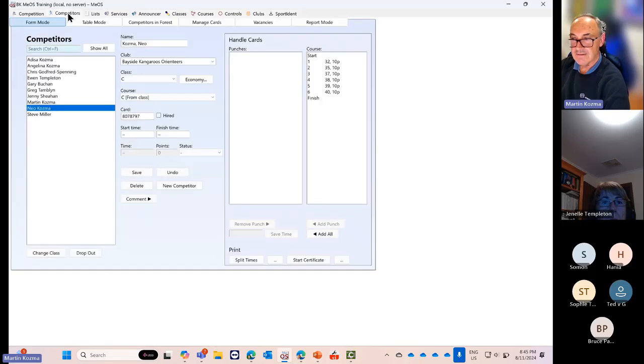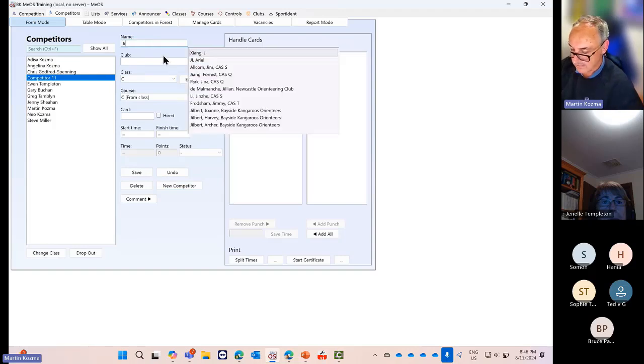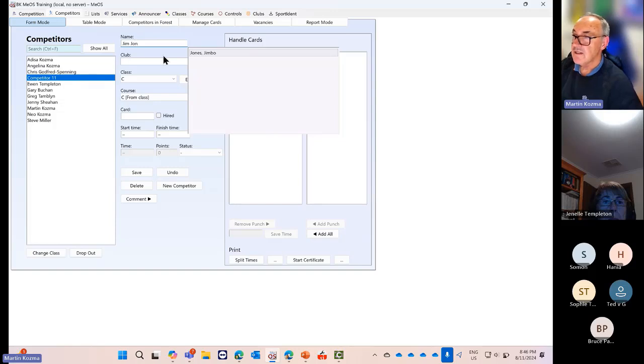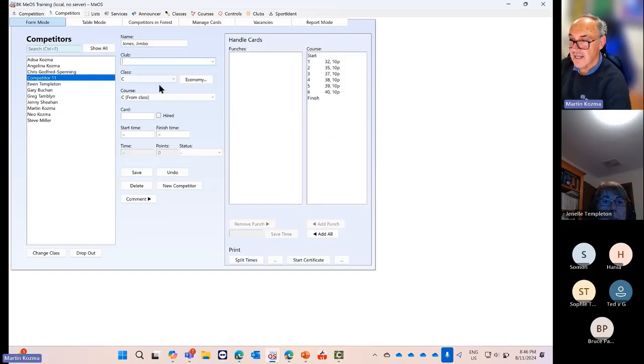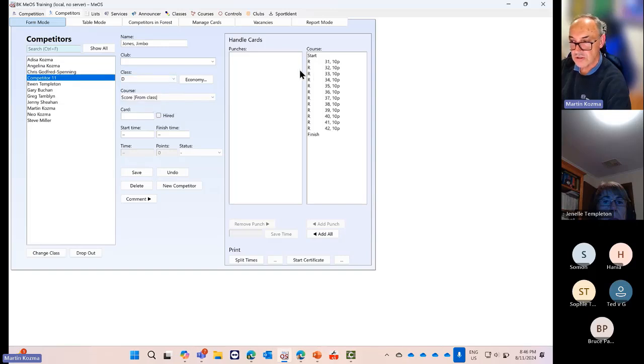So here, if we come in here, you can see now that B is connecting to B, C is connecting to C, but if we had a competitor on the day, and this person was going to go on D, which is the score course, and we'll give them a card,